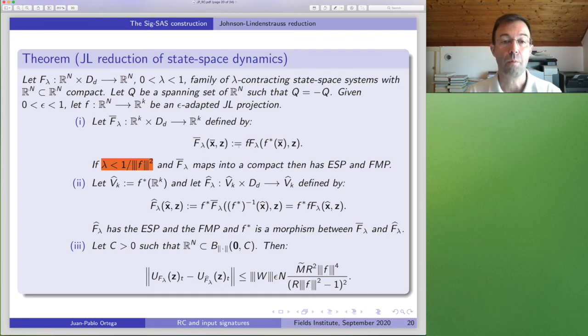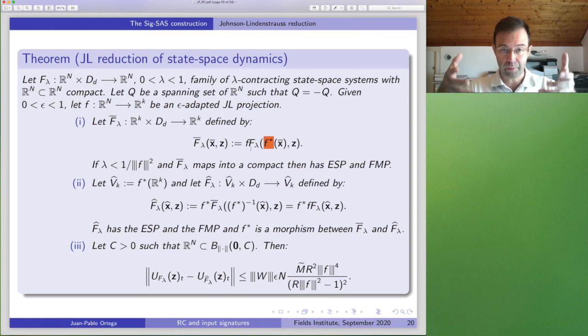Okay, so what this is telling you is that if you have a state space system that satisfies the echo state property and the fading memory property, then you can project it to another system that also has the same property, but is defined in a much smaller dimensional space. And here is the prescription of how to do it. These are just matrices and their transposes. So I am taking something that is ESP plus FMP, and I obtain a randomly projected object that satisfies these two conditions.